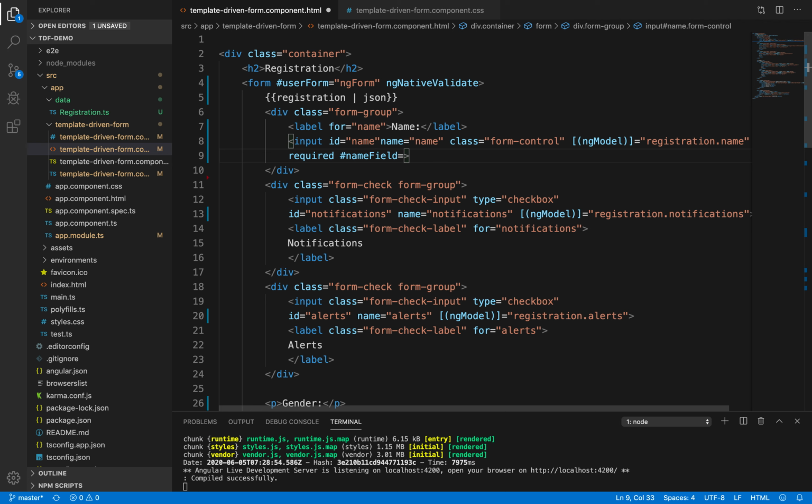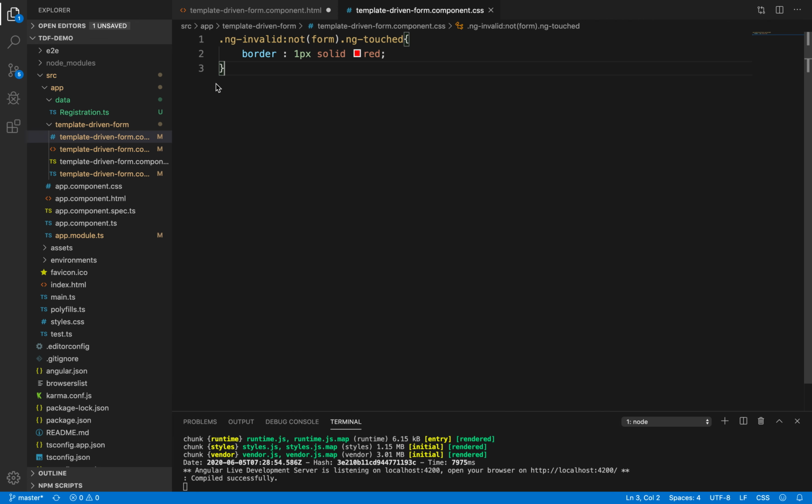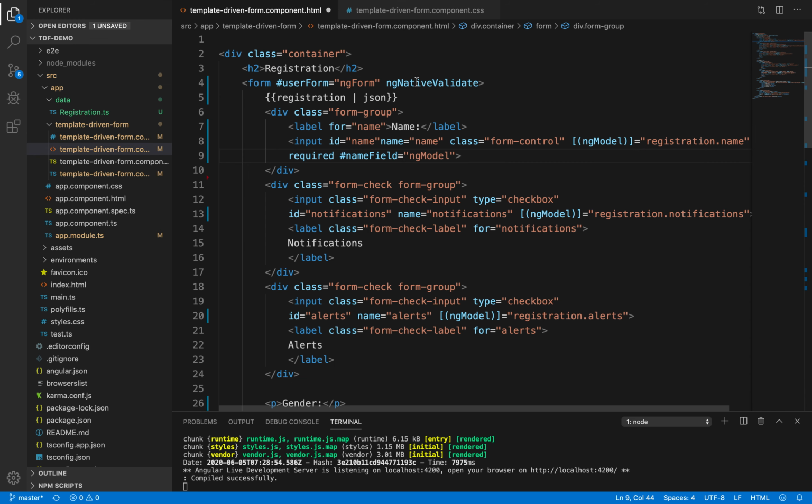This should be equal to ngModel, because whenever we assign ngModel to this template reference variable, the ngModel validation classes can be applied for this field. The ngModel validation classes include ng-invalid, ng-valid, ng-touched, ng-untouched, ng-pristine and ng-dirty. So to apply those classes, we need to assign this template variable to the ngModel value.